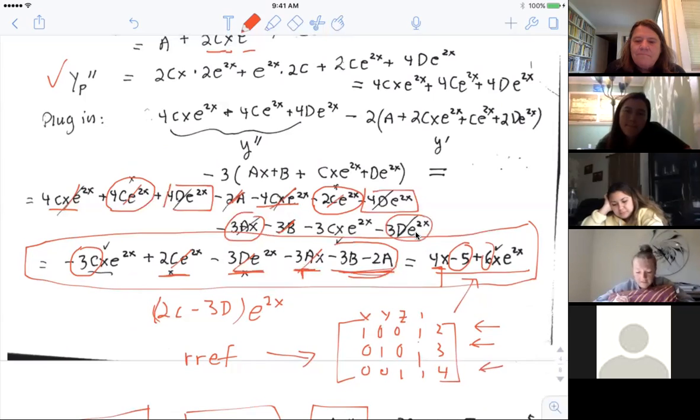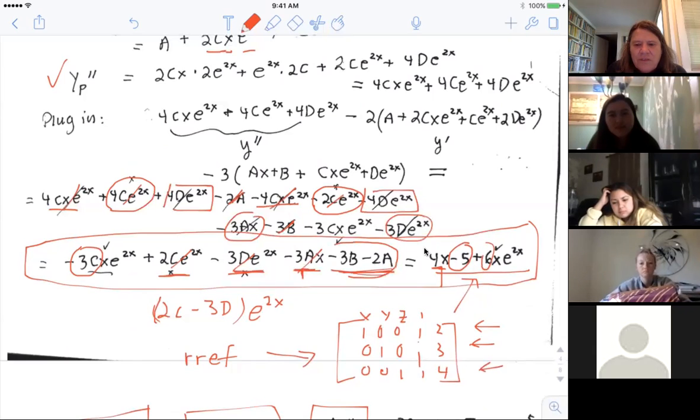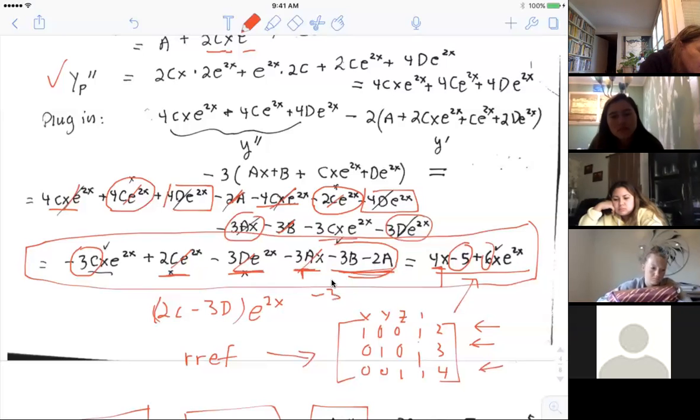And that negative 3c to the x e to the 2x doesn't combine because it has that x in there. Yes, absolutely correct. It does not combine. Again, that's sort of where on this one and this one, I checked it right here, and I said, well, there's one that's going to correspond to that. That way I know that minus 3c is going to be equal to 6. And did I not write that down there? I might not have written that down in there. Minus 3. I left it alone there.